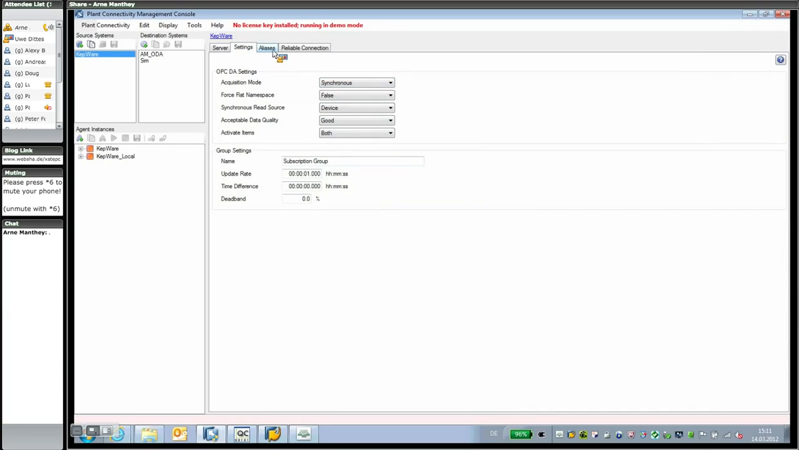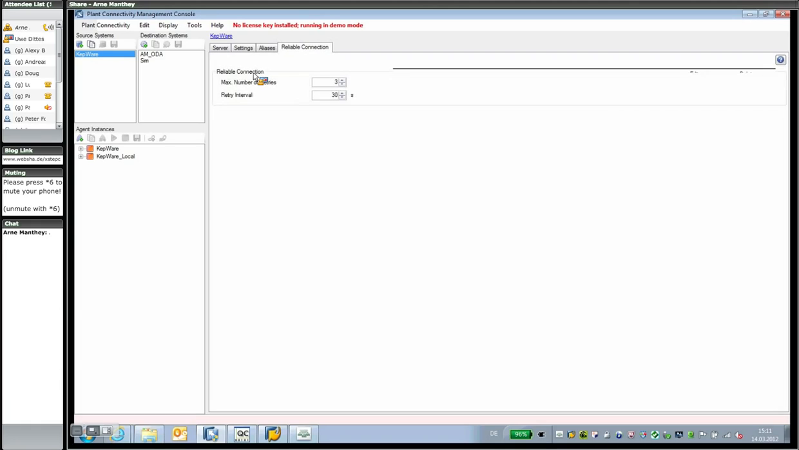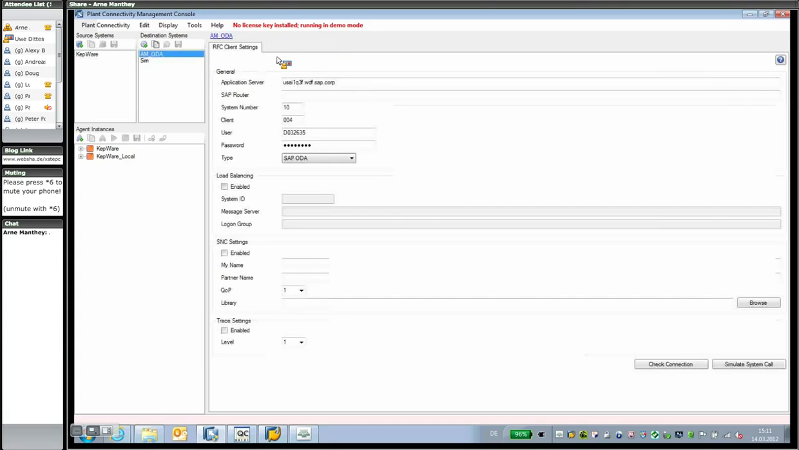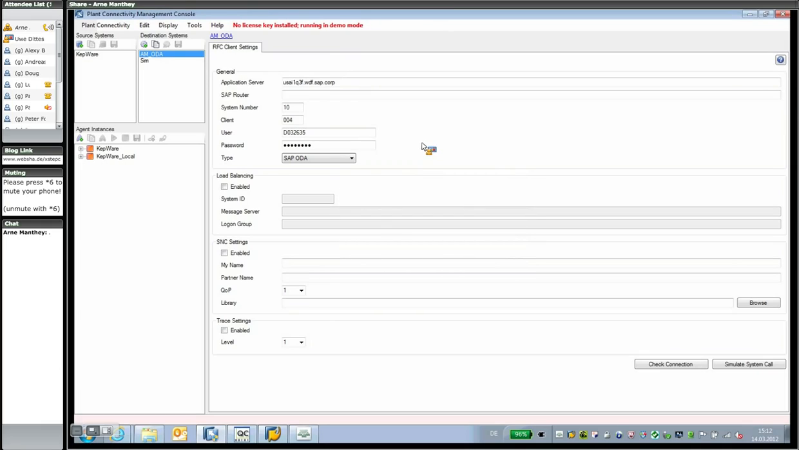You can also define aliases, to restrict your namespace to a certain subset of tags if you want. So these are the basic settings here. And here on destination, that's the new part. When I create a new destination here, you now have the possibility to choose RFC destination. And that's what I did here. So I cancel here. And so you enter certain things like application server, the system number, client, and the